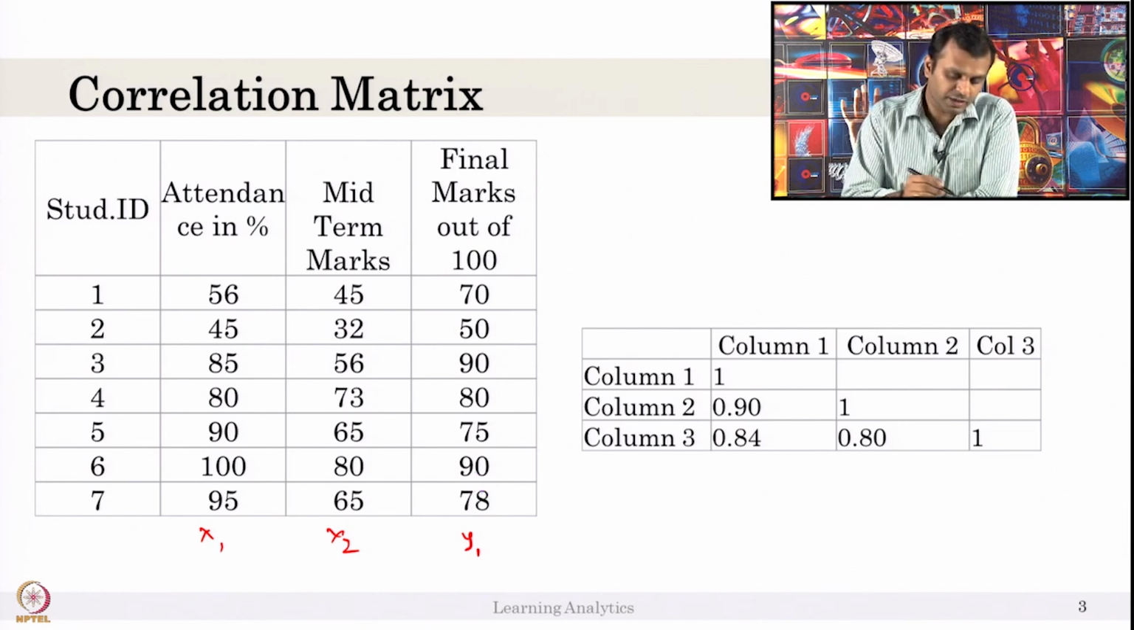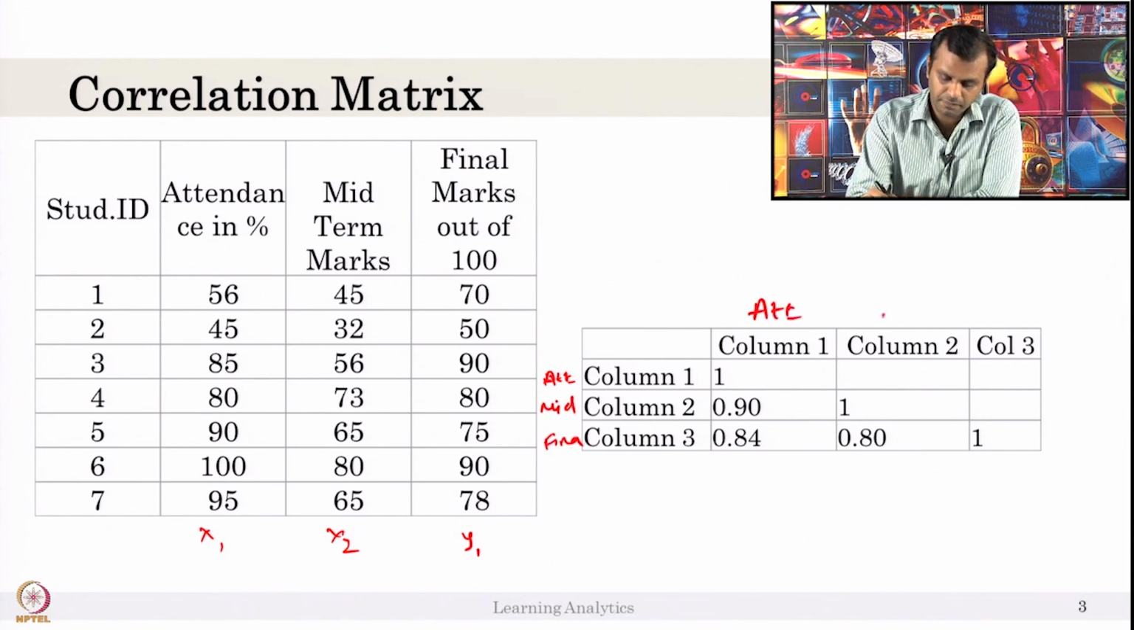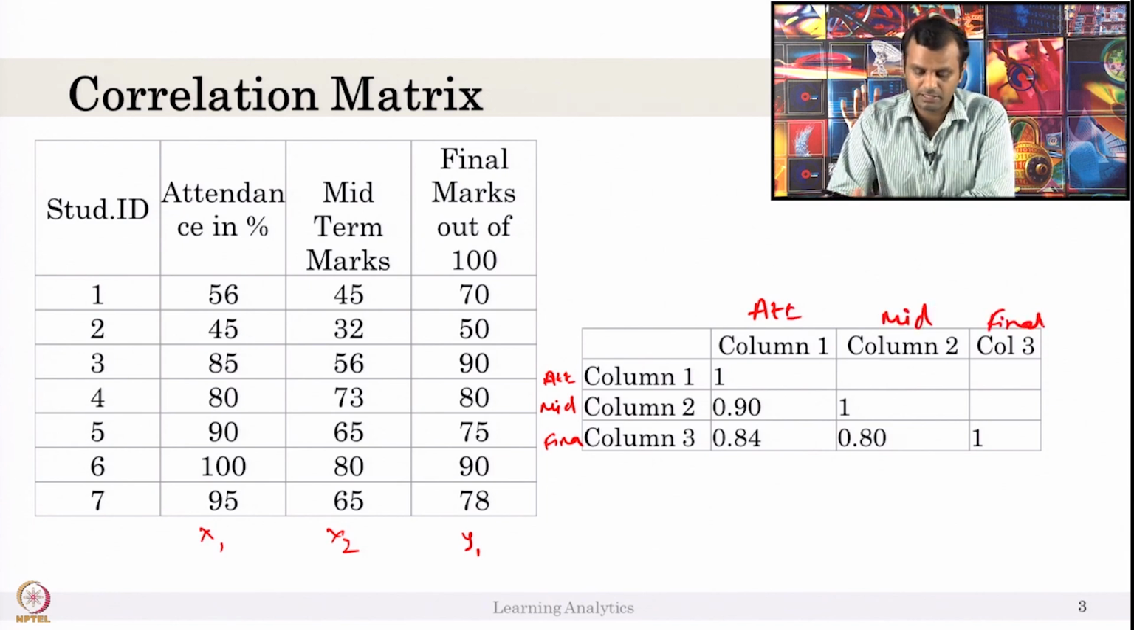So, consider column 1 is attendance, then the midterm marks, and final. This matrix is created using Excel. Okay, the simple tool available in Excel can help you to do that. So, is there a relationship between column 2 and column 1? Yes, these two, x and y, are highly correlated, 0.9. Is there a relationship between column 1 and column 3? That is 0.84. This is the correlation coefficient between attendance versus